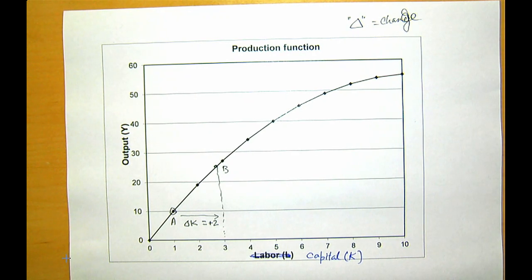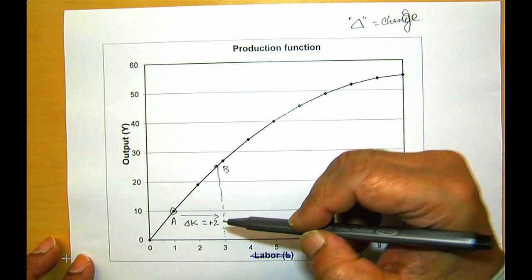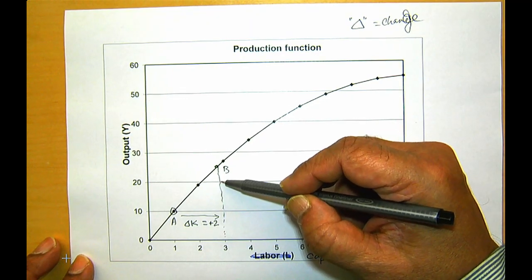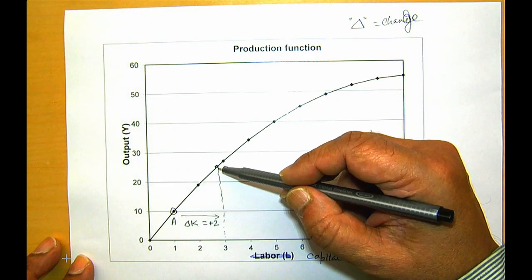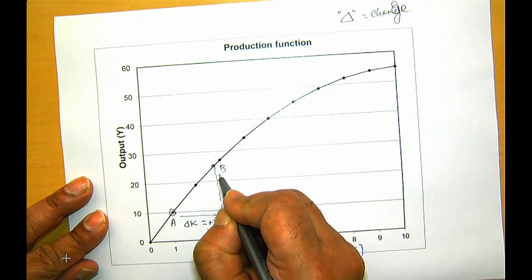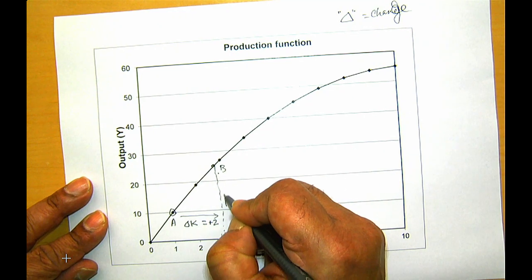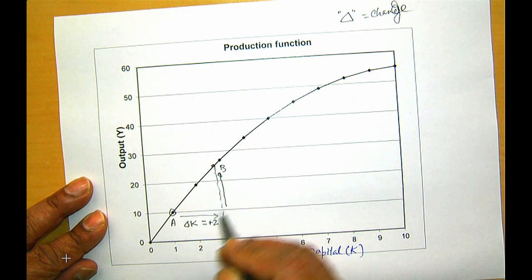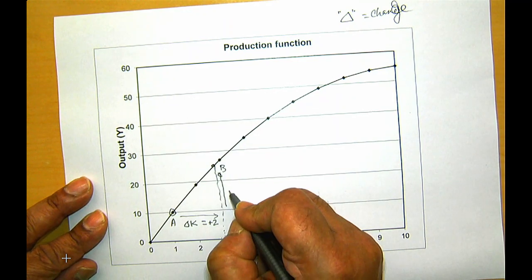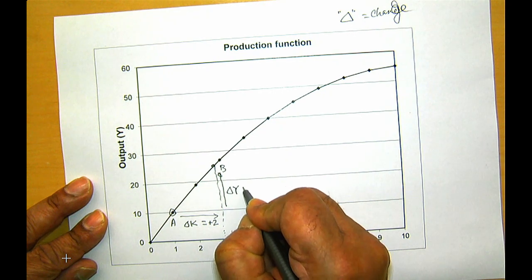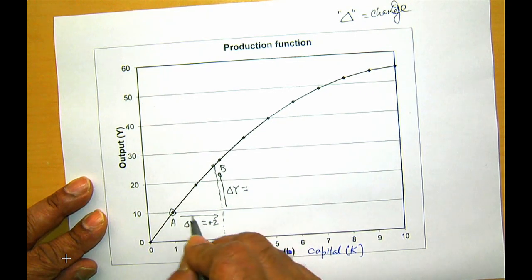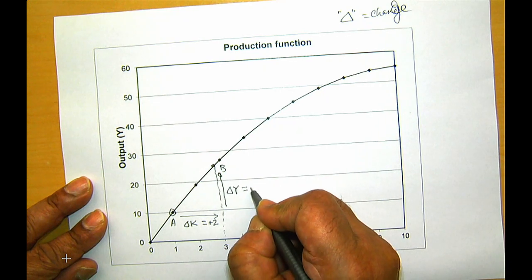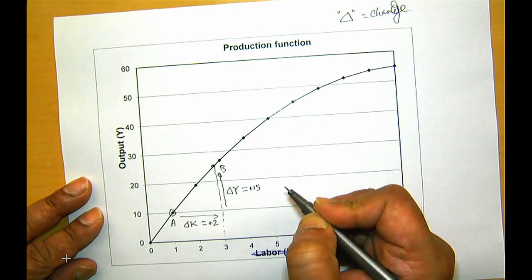Okay. So if we increase by 2 more restaurants, how many additional dishes can we serve over the year? Well, you can go up there, 10,000 and maybe halfway through, so 15,000. So this is the rise, and this is the run, as people say in high school. So this rise, the additional output, now it is delta y, is going to be, say, 15,000.